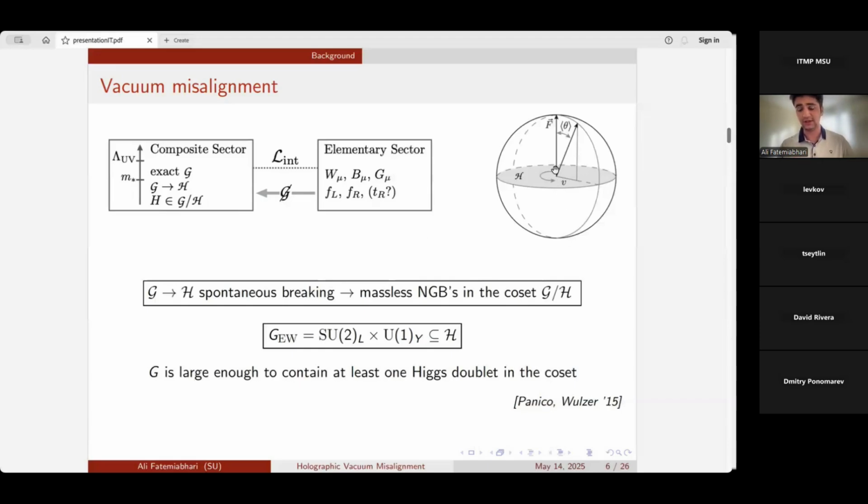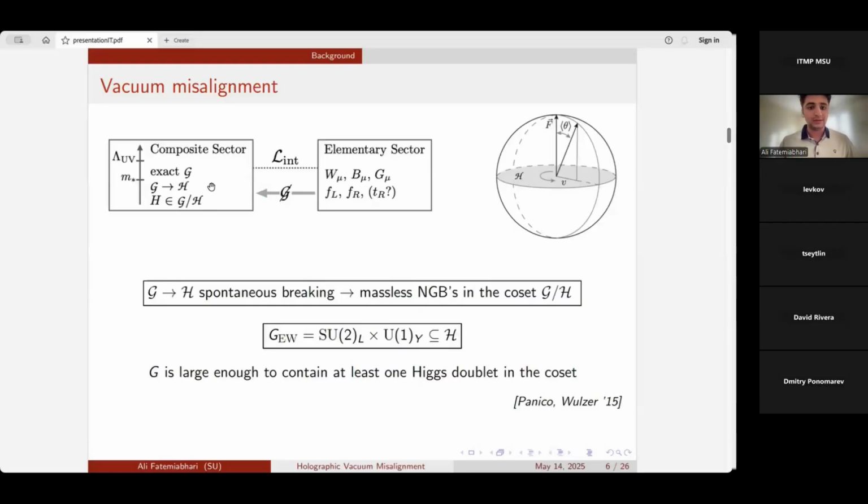So if initially F is representing the wave of the scalar in the composite sector, and the wave is respecting the subgroup H in the group space, then due to explicit interactions with the standard model, the vacuum misaligns a bit, and this value of misalignment angle will enter into the potential for the Higgs, and it will produce a mass, the desired mass, etc., but the mass will be low.